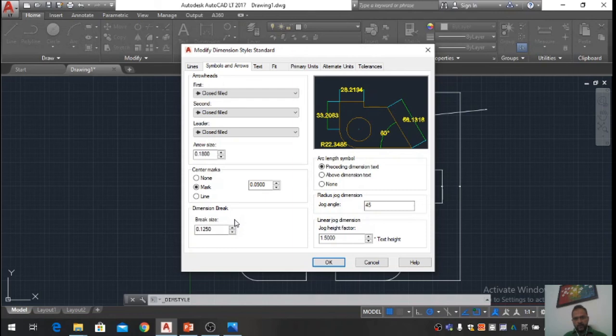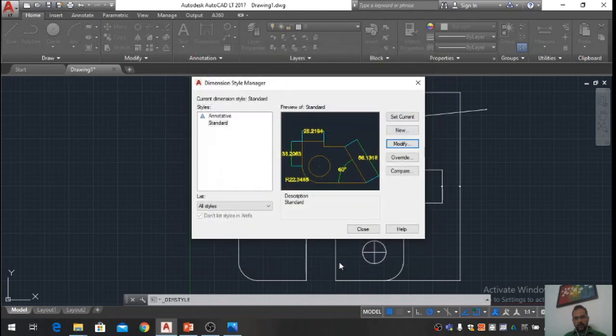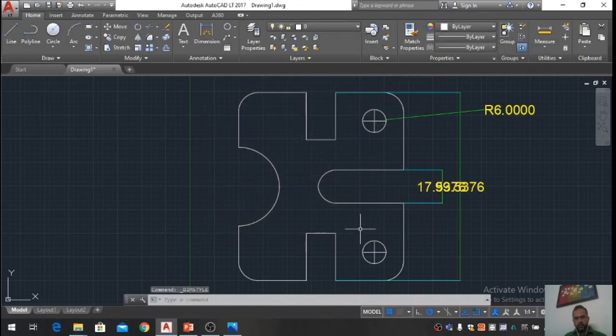After doing all these things, you can click OK and then make it as set current and close. So it is now visible. The extension lines are of this color, the dimensioning lines green, and we have dimensions also.